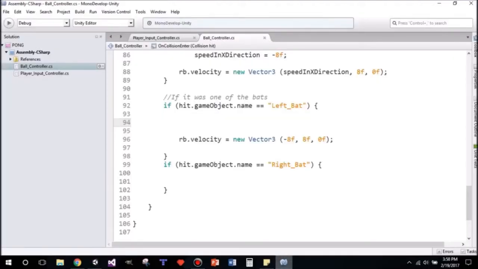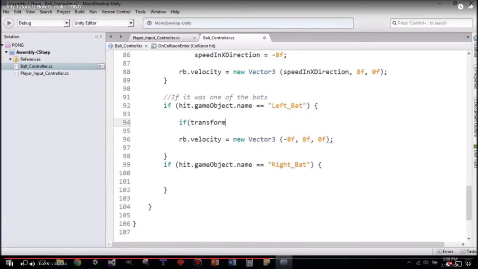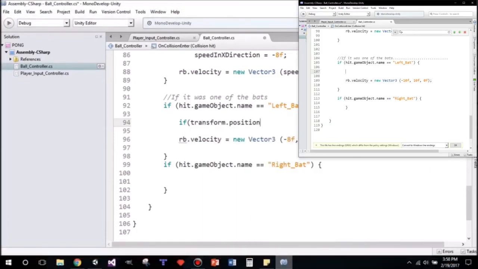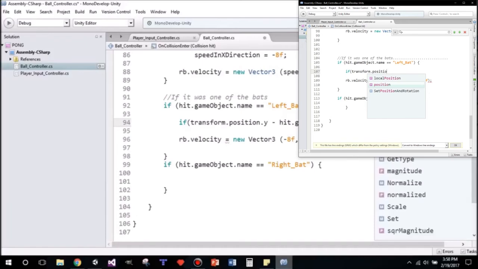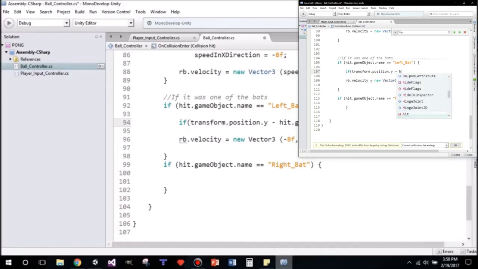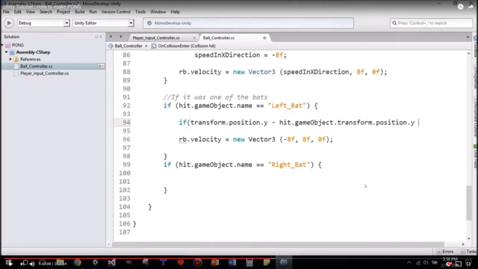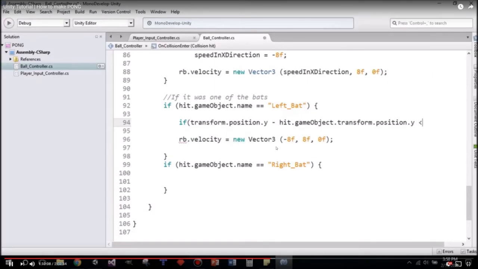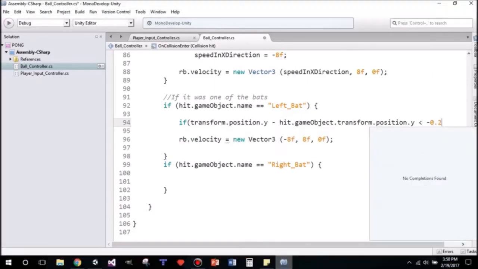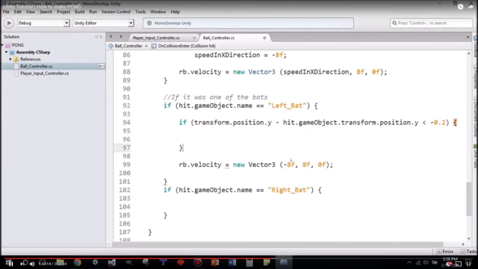Okay. So yeah. Let's just compare if our transform dot position dot y minus the game object that we hit, its transform dot position dot y. We want to check if that value is... Game object dot transform dot position dot y less than -2, and